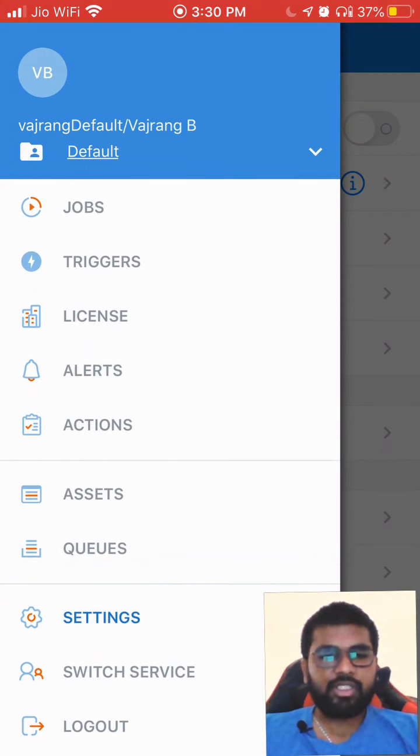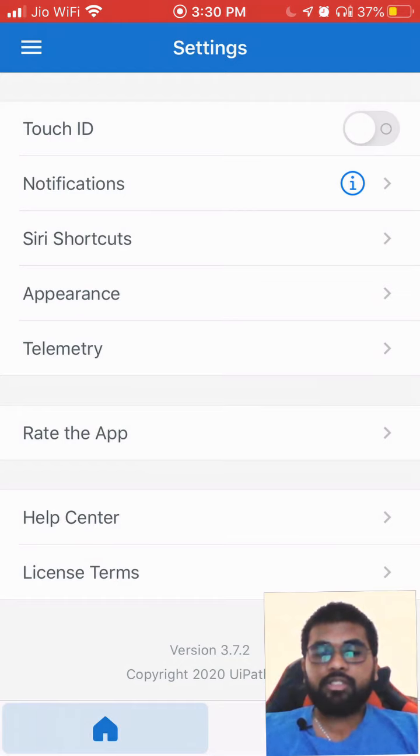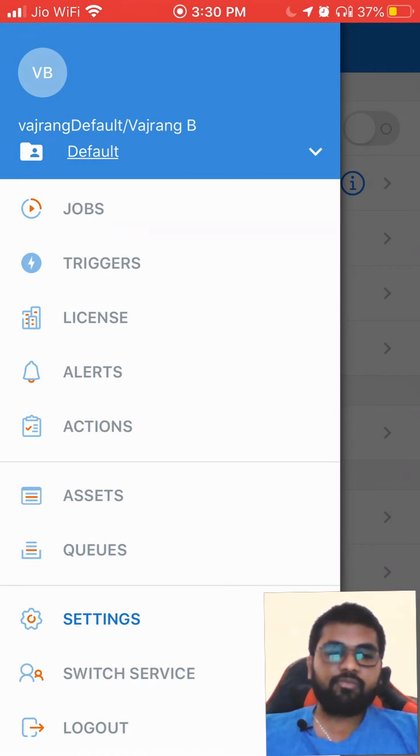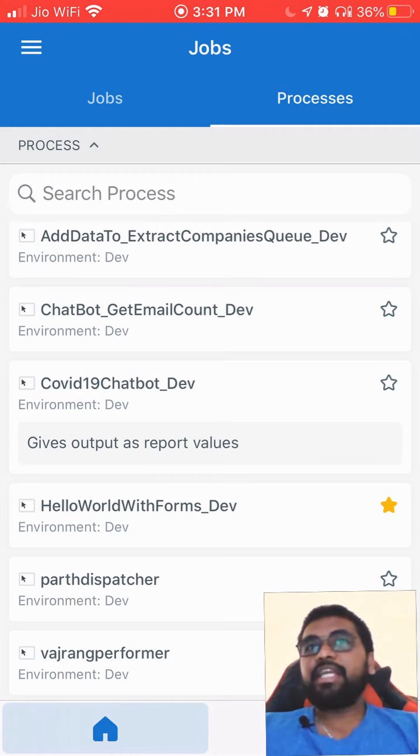I think those are the things that we have from orchestrator. So this is not the first version of orchestrator. Again, this is the upgraded version of orchestrator. The basic version of orchestrator just showed us only the details, which I don't have because my orchestrator for my mobile is upgraded or updated.